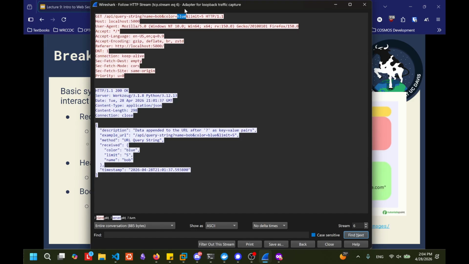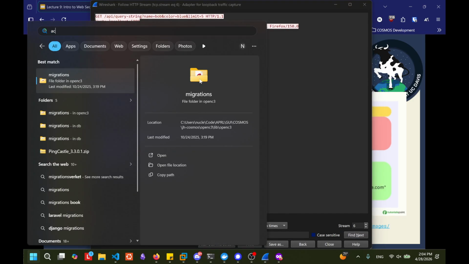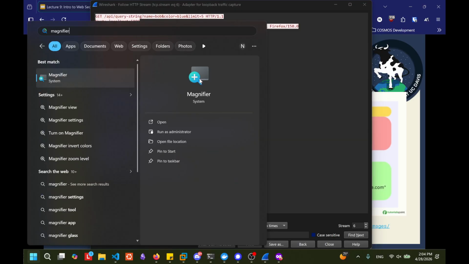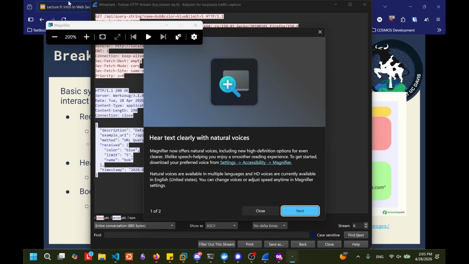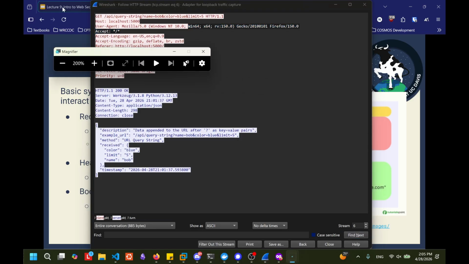Okay. Are you able to zoom out or Windows magnify? I mean, they can read it. Can people in the back see this okay? Or do you need to zoom? No? You need to zoom? Okay. I don't know if Wireshark supports this, so Windows accessibility. No, I'm kidding. Magnifier. Why is it trying to update? Does this make it a little easier to see? All right, sorry about that.